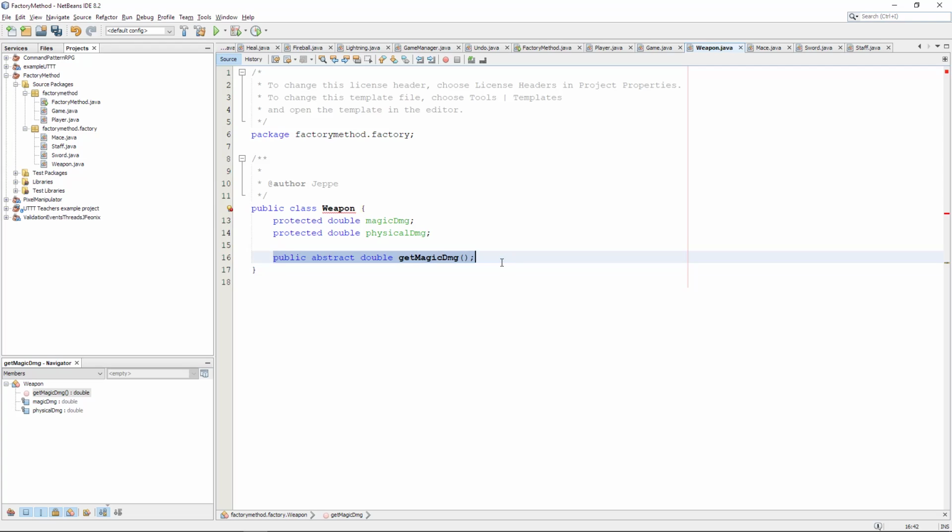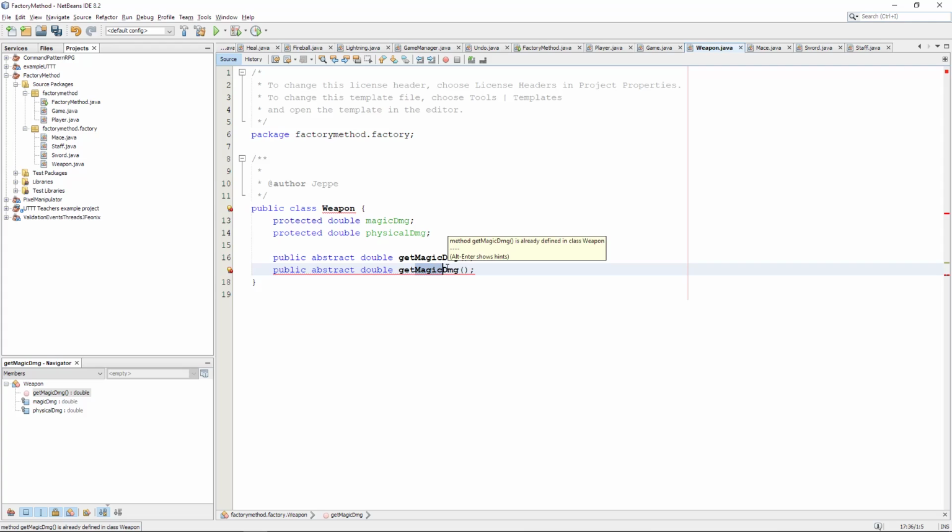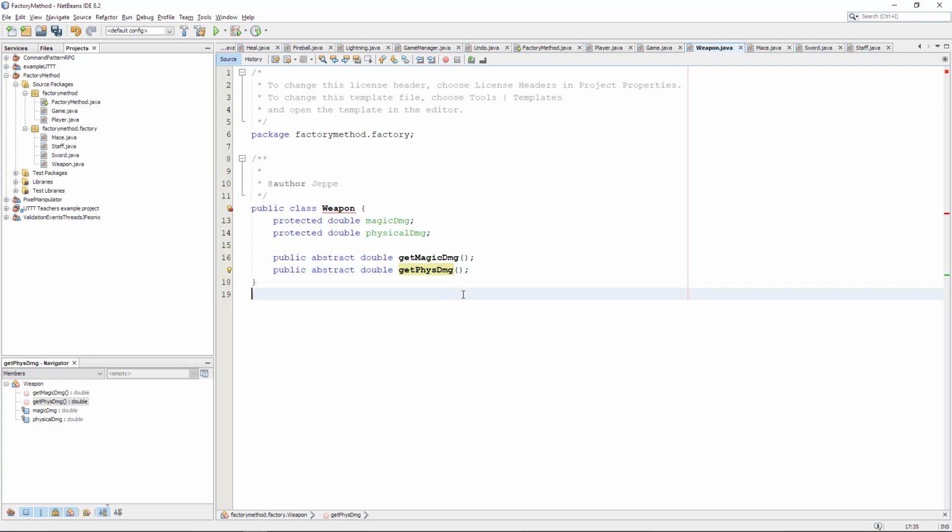And I want to do the same for physical damage. So I'm going to have one called getPhysicalDamage, like that. And in order for this to be abstract, of course I need to make the class abstract. This also means that I cannot instantiate weapon as a class itself, so I cannot write new Weapon now,